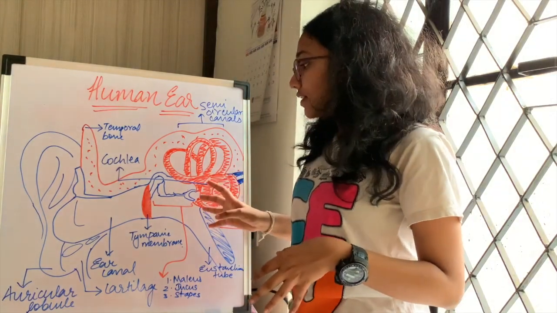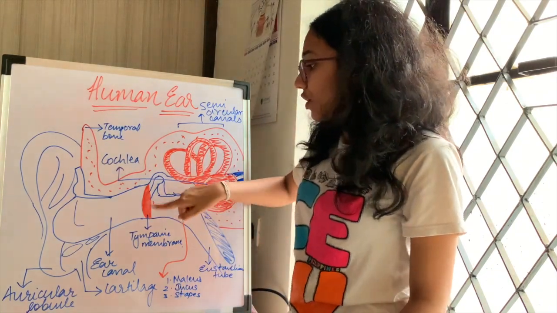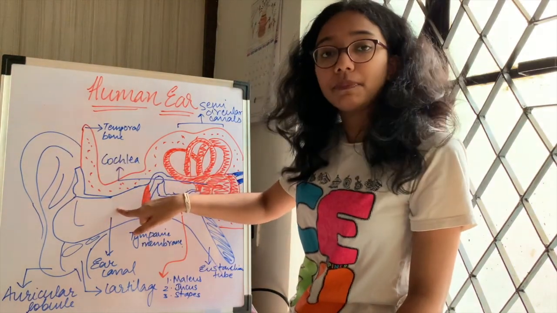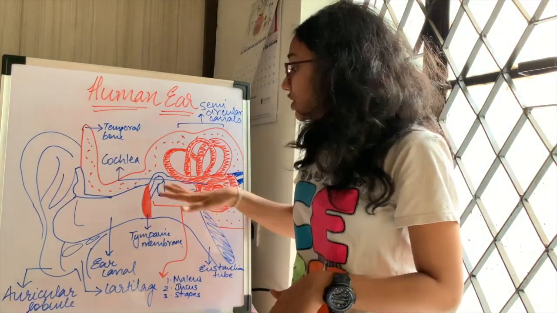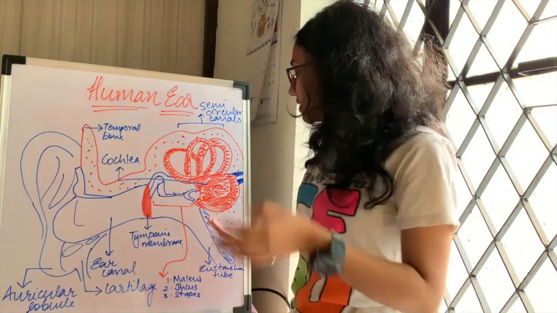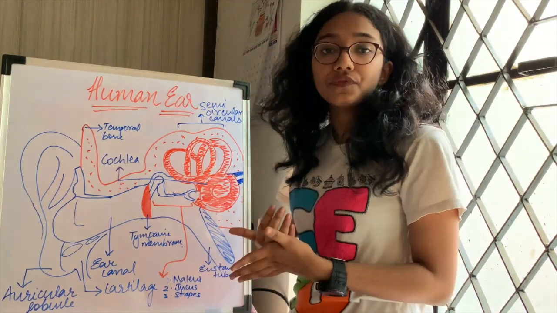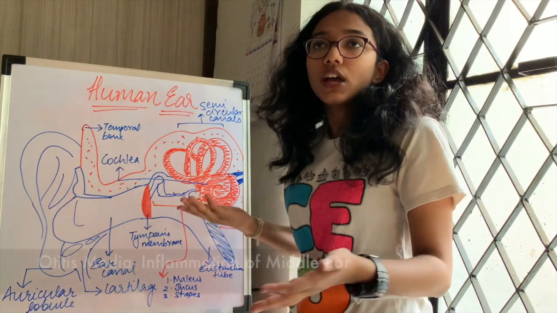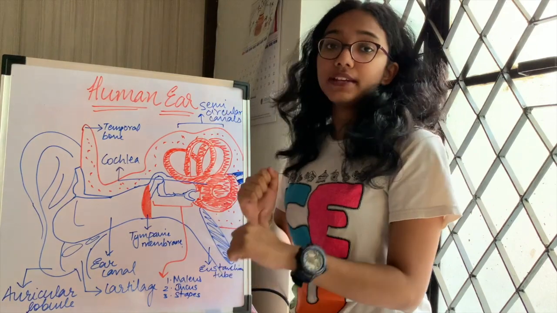So the air from there and the air from the external side is basically present to maintain the pressure across the tympanic membrane. Since the pressure on this side of the tympanic membrane is the atmospheric pressure, and since the eustachian tube is connected to the nasopharynx, the pressure here is also the atmospheric pressure, and hence pressure is balanced. That is the basic function of the eustachian tube. Another thing about the eustachian tube is that since it's connected to the nasopharynx, any infection present there would definitely spread to the middle ear, and there is a name for this known as otitis media. So yes, that is the eustachian tube and tympanic cavity.